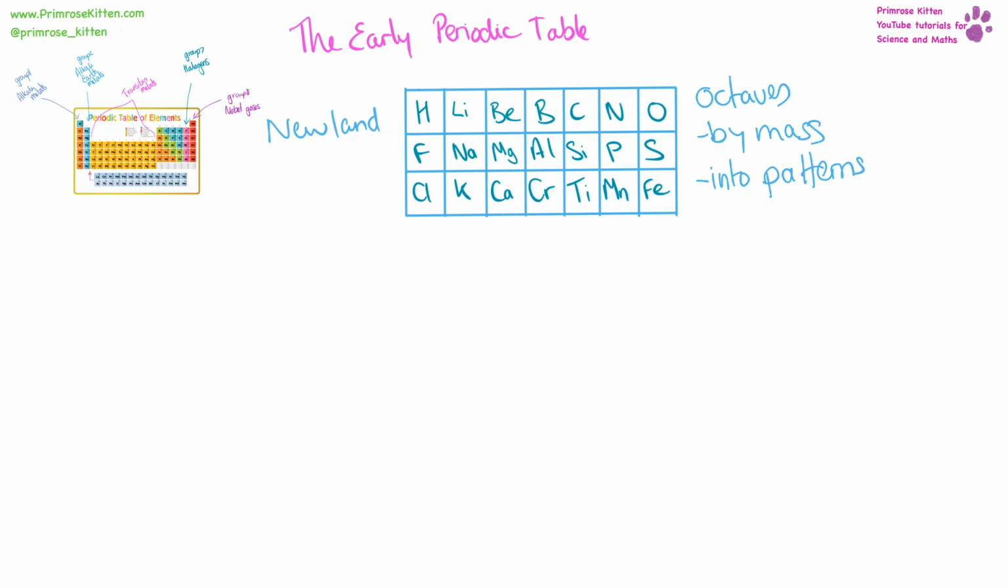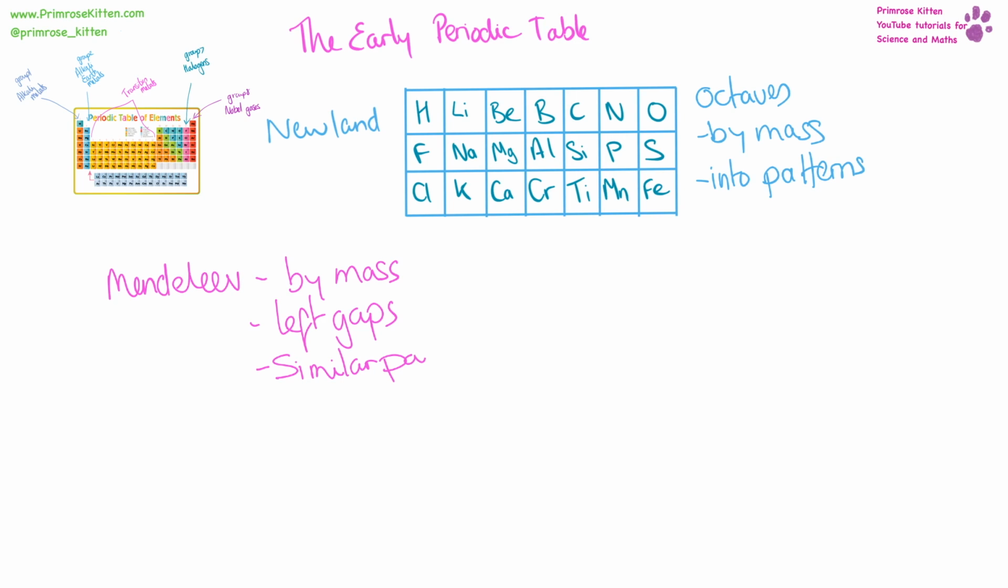Mendeleev was the next person to have a go. He also arranged things by mass, but the key thing is that he left gaps in his periodic table, and because he arranged things so that they were in groups with similar patterns, and he left gaps, he could predict the properties